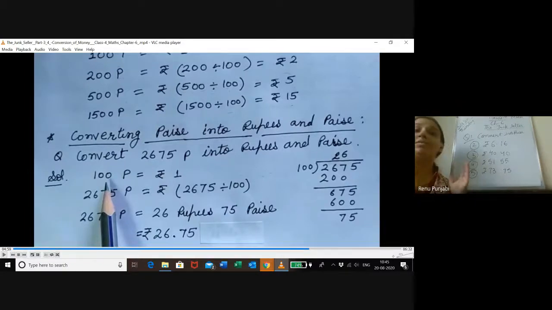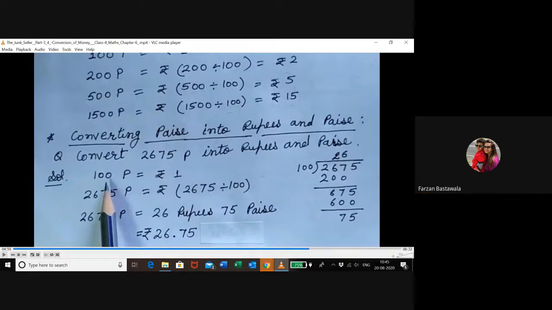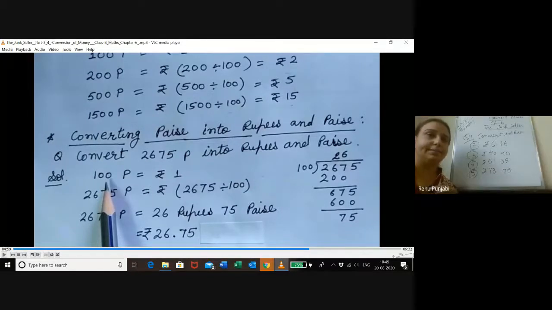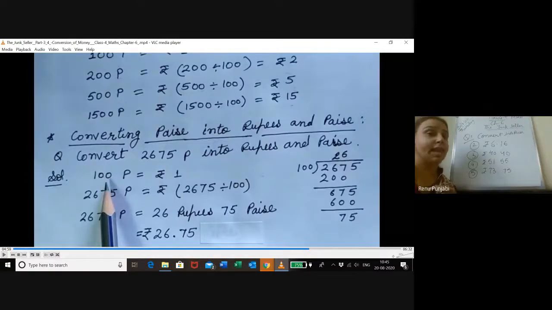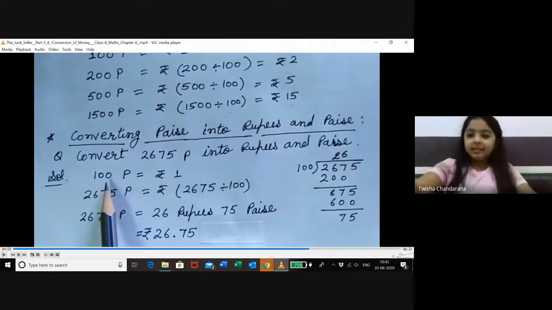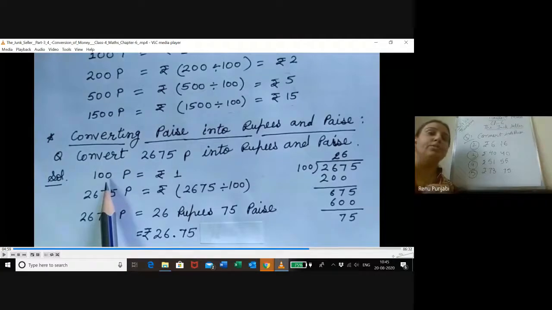As we have done in the shortcut also, when Trisha was asking how to put the decimal. Yes, start writing. Ma'am, we have to show this division. I have explained the same question again. Then in the notebook, you do it with the full method. When it comes in your fill in the blanks, match the following, you should know the quick answers also. As Trisha asked how to put the decimal directly, how to convert them into rupees and paisa, that also I explained.